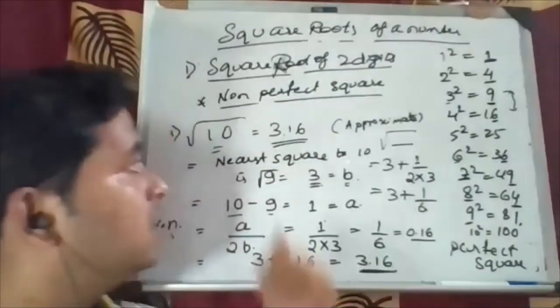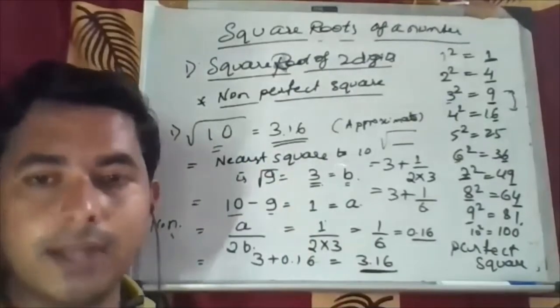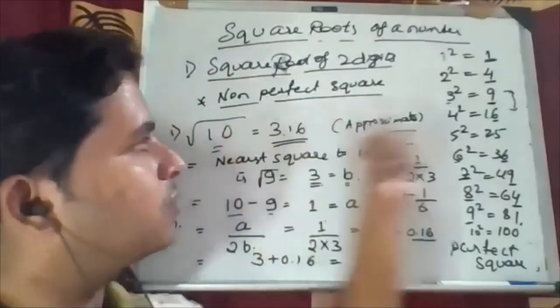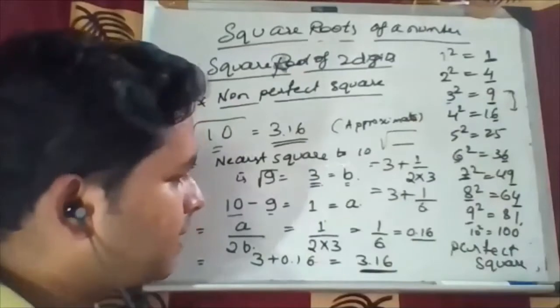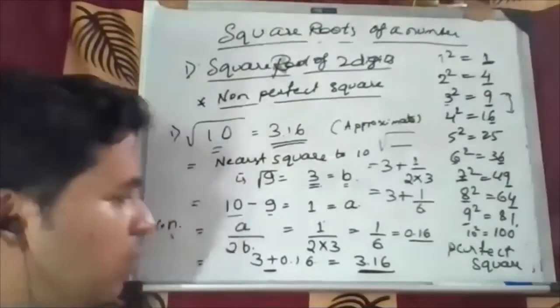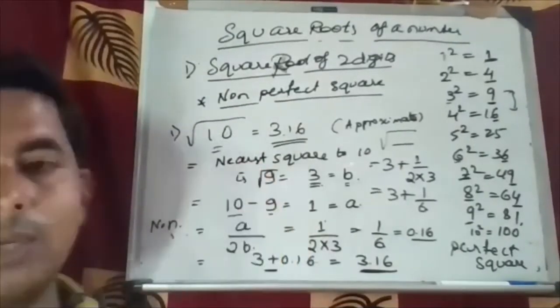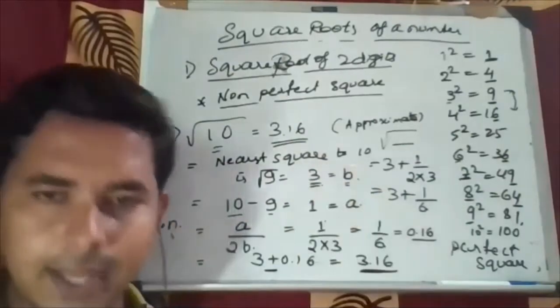3.16. Now this is the condition when 10 is more than 9. Okay, 10 is more than 9. For that reason I have added here, because 3 square plus whatever value. If the given value is smaller than that,